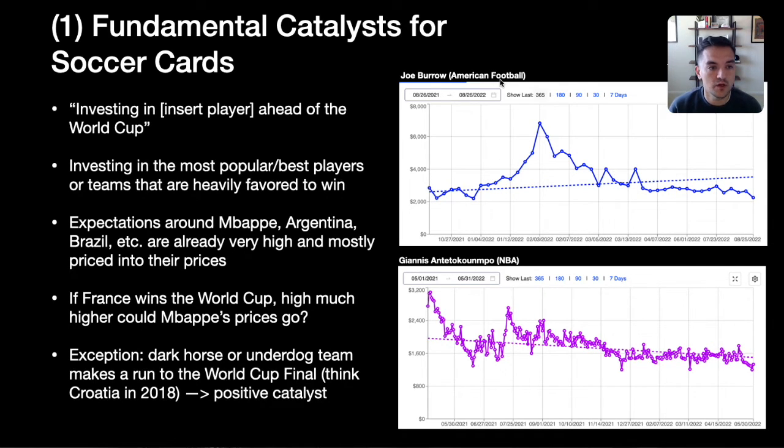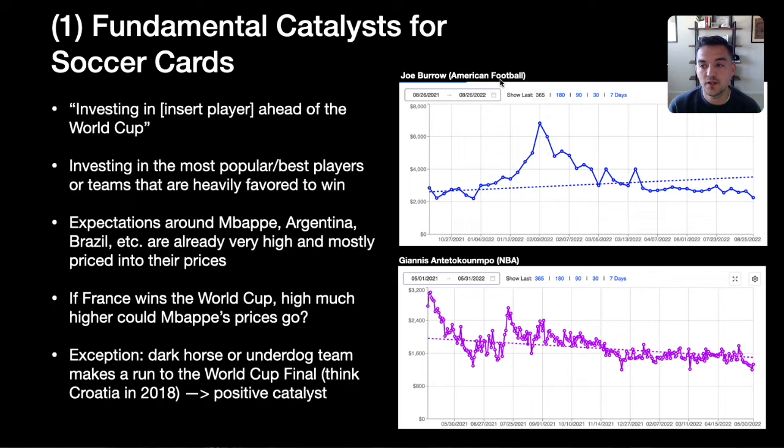And I include a couple of graphs here on the right. So the top one is Joe Burrow. He's the quarterback for the Cincinnati Bengals. This is his Panini Prism rookie PSA 10 base card chart, or silver chart. This basically is going from a little over 2,000, 2,500 back in the beginning of the football season, and then you see it really doesn't start ticking up until mid-January, where it goes from the 3,000, 3,500, and then really peaks as the Bengals make their run to the Super Bowl.